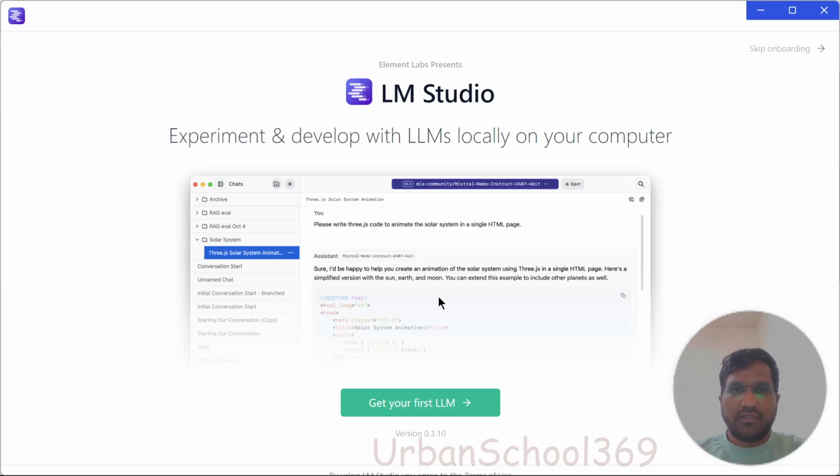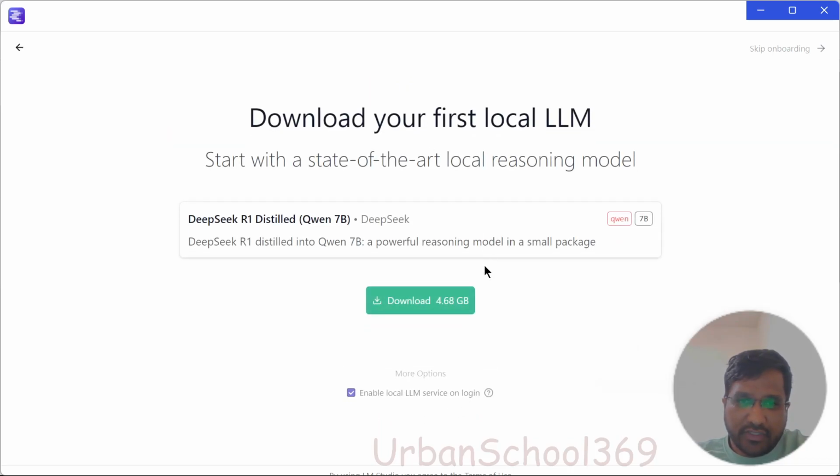So basically, the idea is to run any LLM on our local machine. To do that, there are several options available in the market. One of the solutions we have is LM Studio. It provides installation and setting up of LLMs in three different environments: Windows, Mac, and Linux. For now, we are continuing with